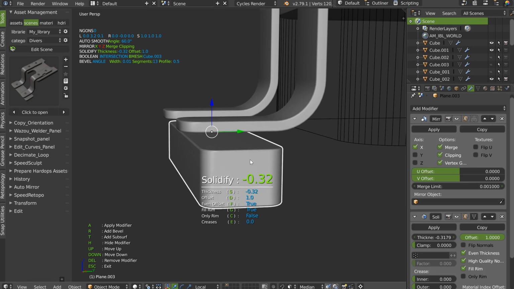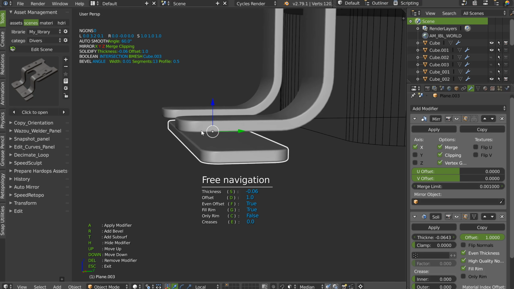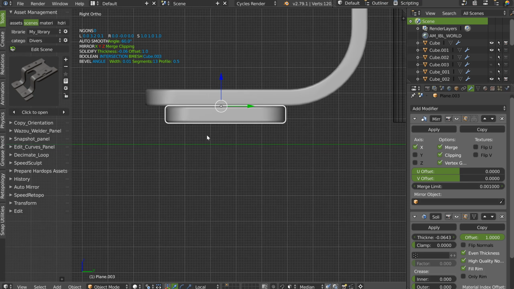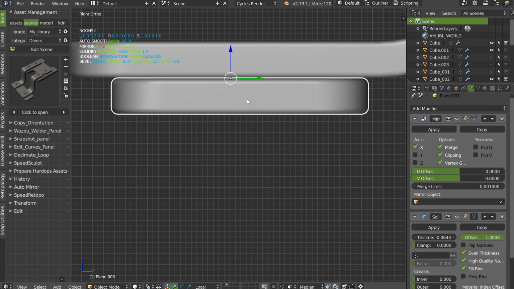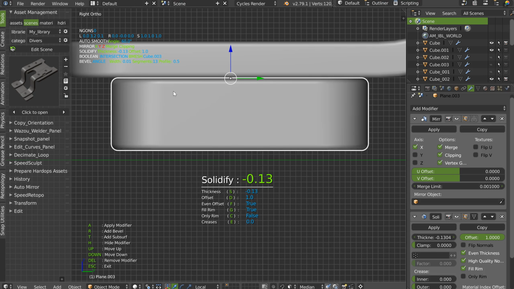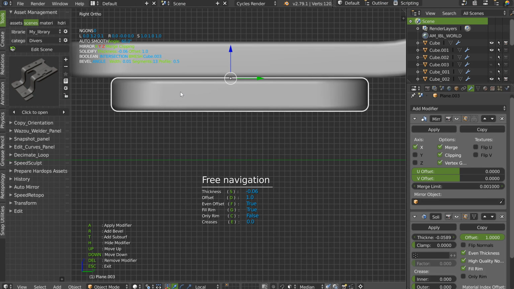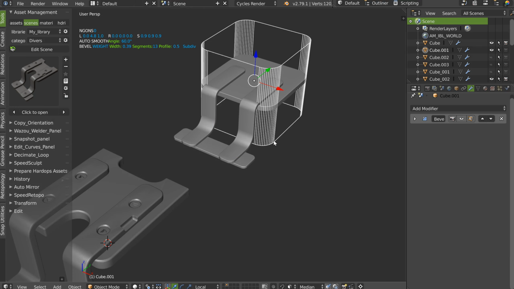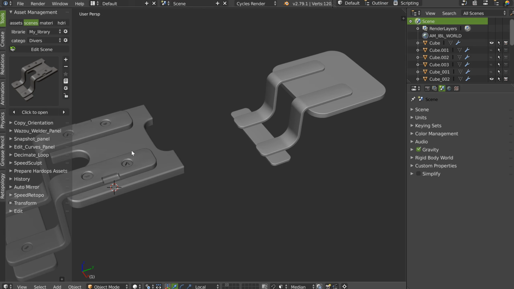If I change it, as you can see, I have something different, and I will have this one here. Up, move it. I will change the solidify with S. As you can see, like this I can do whatever I want. So I will hide this one. I will hide this hole.